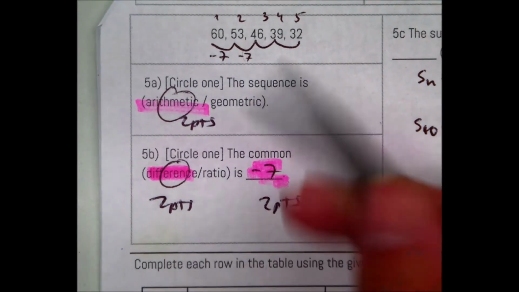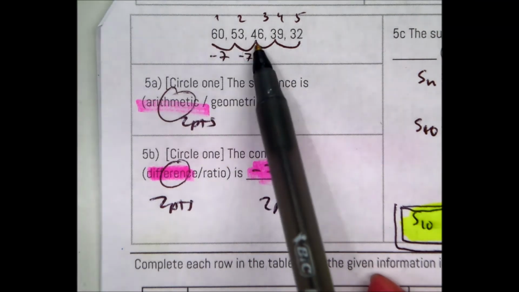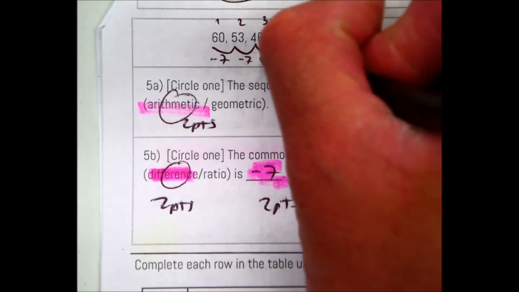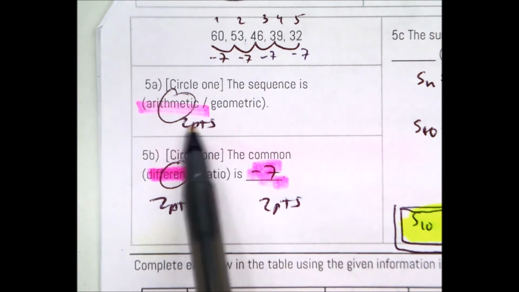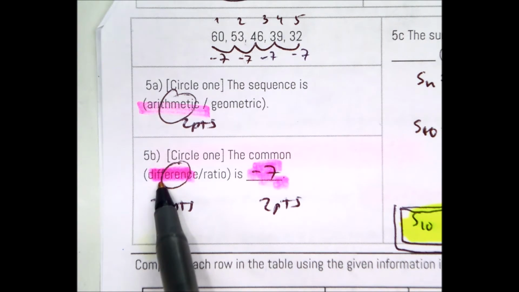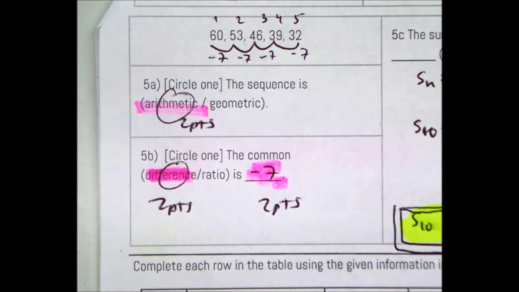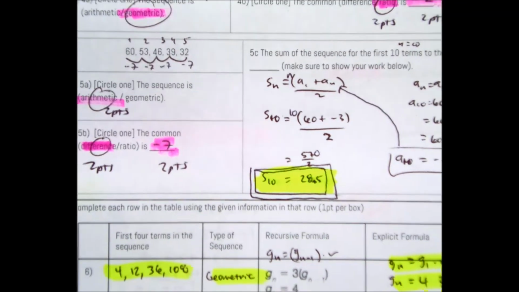Alright, this question over here, this box right here. I have 60, 53, 46, 39, 32, and what's happening is you're subtracting 7 there. So it's arithmetic because when you have a common difference, the difference, plus or minus, is -7. Okay. Question number 5C tells you